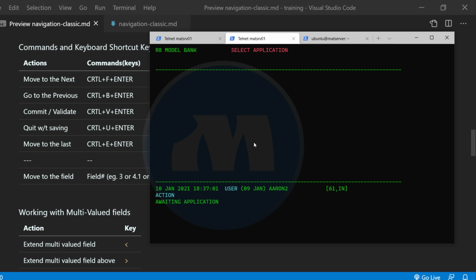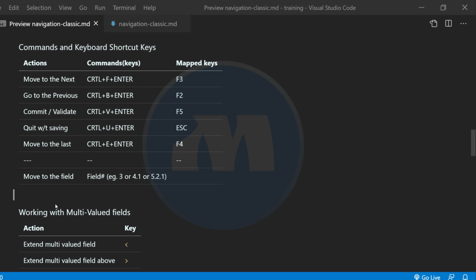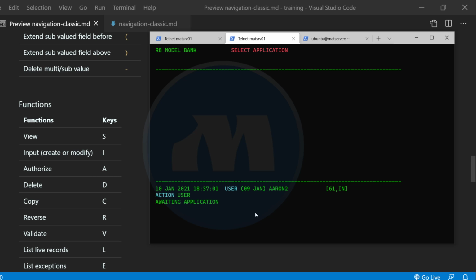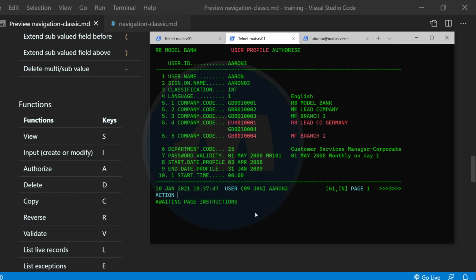Now how do I see the changes made to the user? So again, the application and function I want to perform. Okay, what do I want to perform? I want to authorize, okay, the changes. To authorize, the function is A. What do I want to authorize? Is a record with ID Aaron 3. Hit enter and I can see the changes that were made